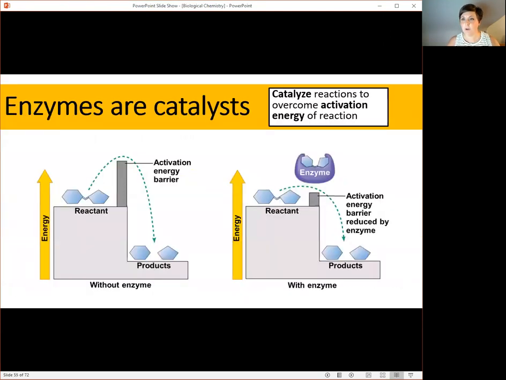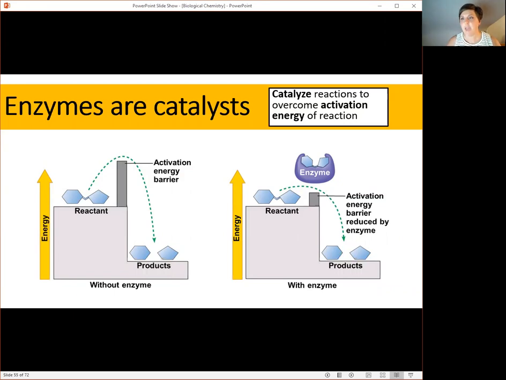Enzymes categorically catalyze chemical reactions. What the heck does that mean? A catalyst is something that speeds up something. I understand this terminology when it applies to enzymes, but I also think that this can be a little bit misleading. Let me explain. In order for a chemical reaction to take place, energy must be applied.